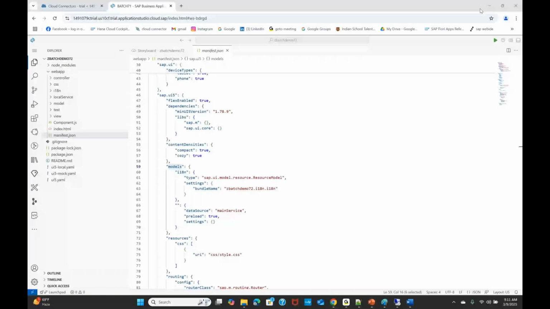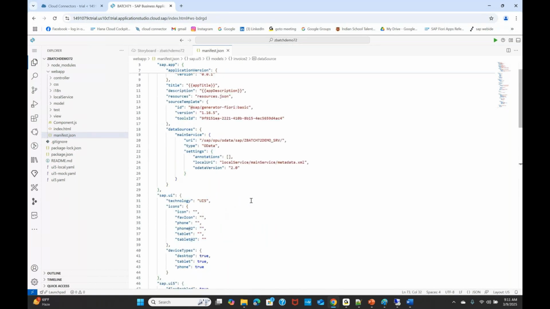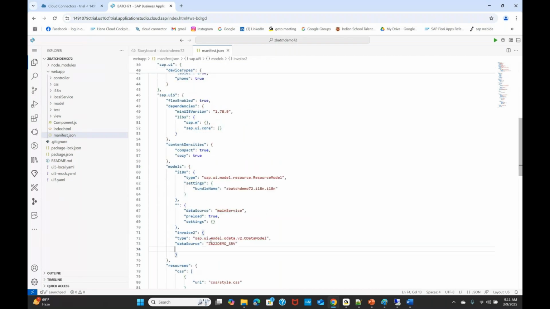Under the model section, I'm putting a comma and pasting it. Now I'm giving one name, called invoice2, and the type of OData model is this one. Then I am linking the data source. What is my data source? This main service. Copy this one and paste it here.